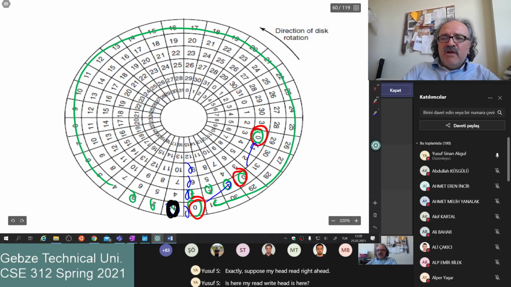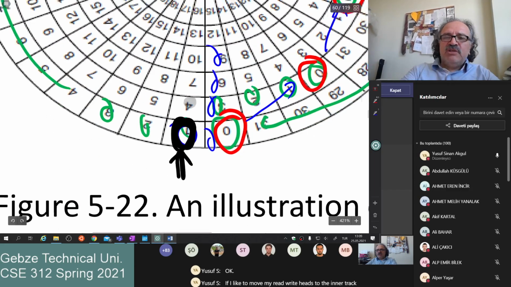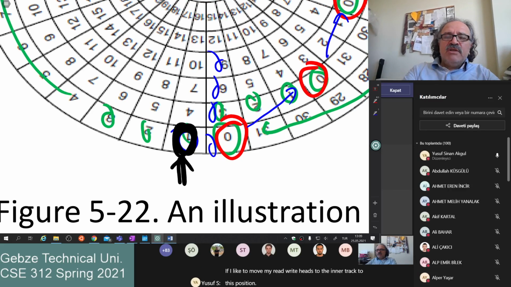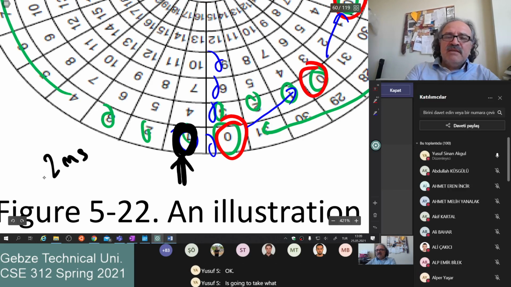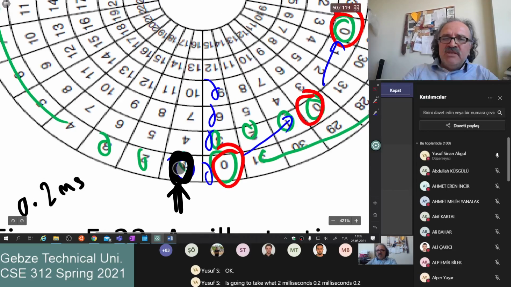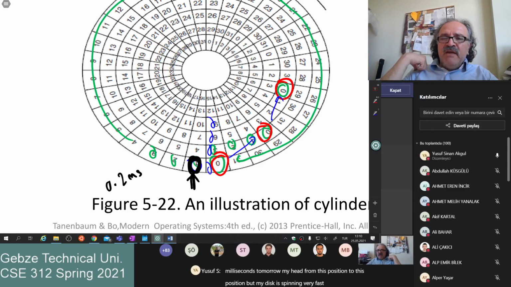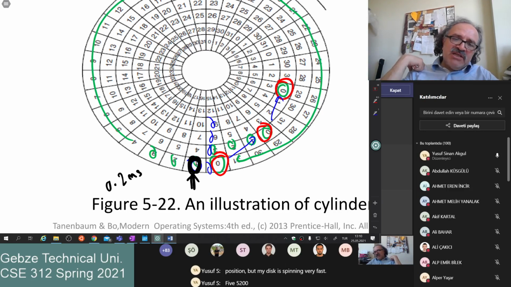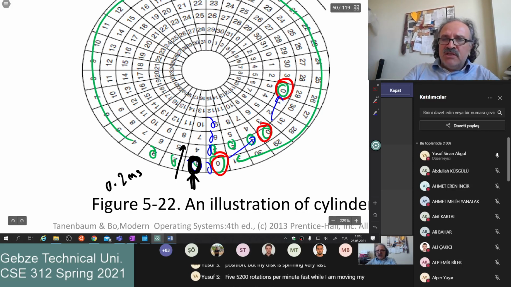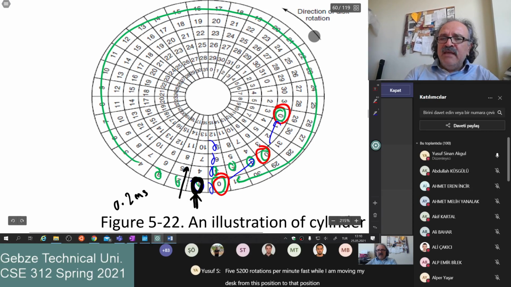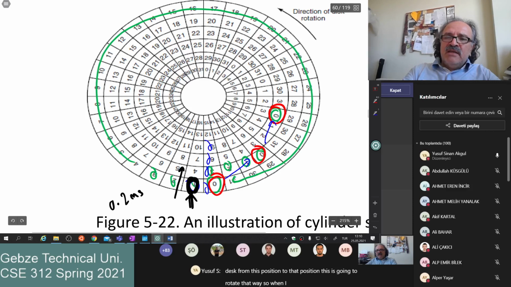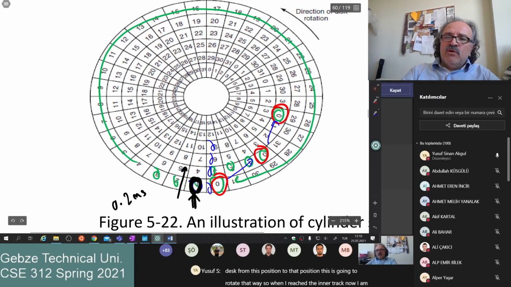If I like to move my read write head to the inner track, to this position, it's going to take 0.2 milliseconds to move my head from this position to this position, but my disk is spinning very fast, 5,200 rotations per minute fast. While I am moving my head, the disk is going to rotate that way. So when I reach the inner track, now I am pointing to this one. So I missed reading